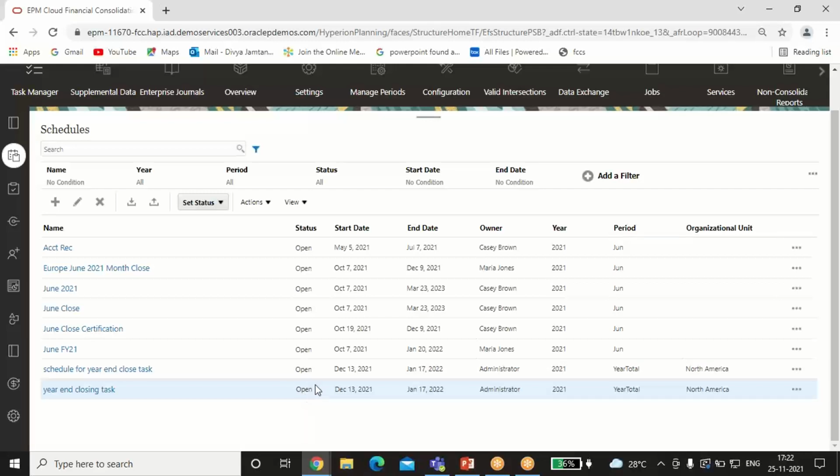Now they can start working on that particular task, and email notifications will be sent to the respective task assignees, which were allotted while creating the task. So this is the way you create a schedule using the template, so that notifications can be sent to all the assignees and they can start their work.